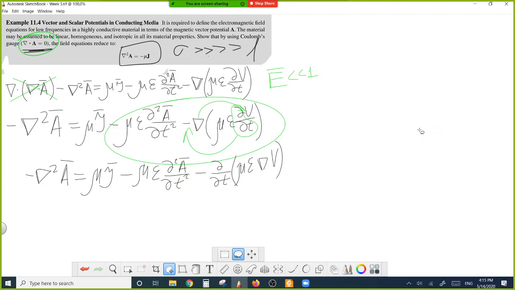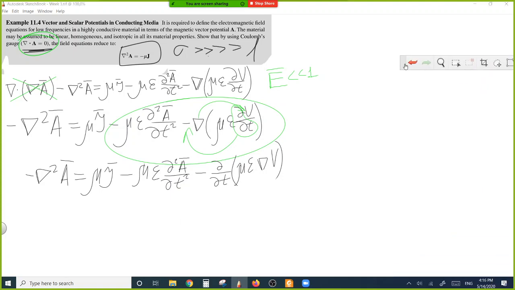Now we take mu epsilon and one of the derivatives out of the brackets, and we have minus